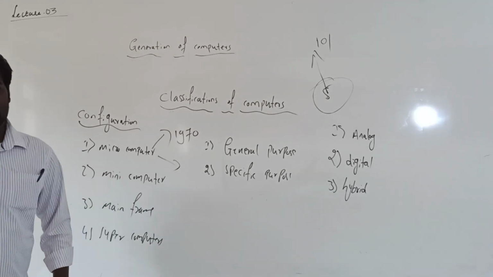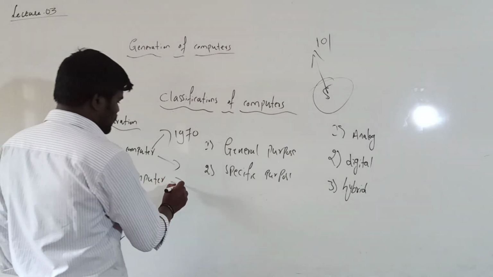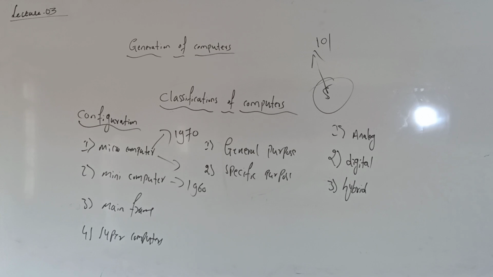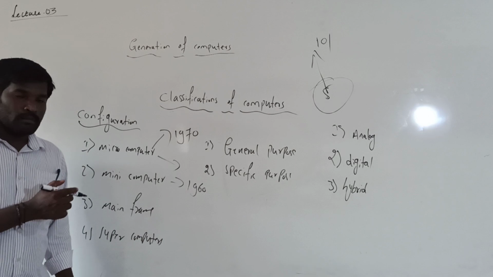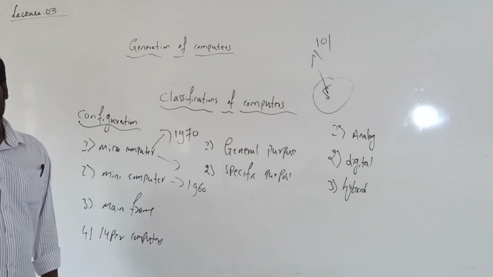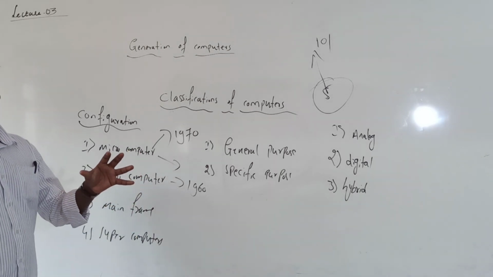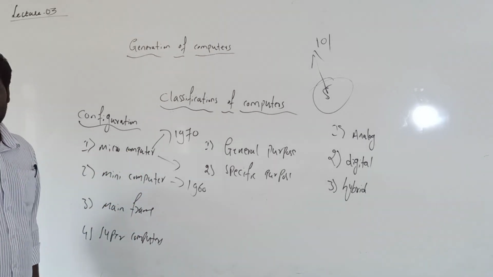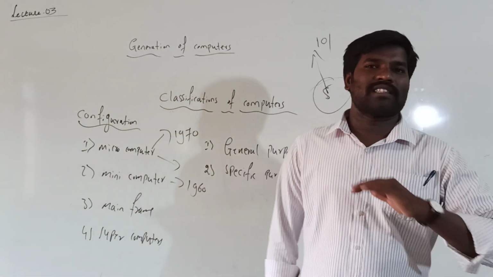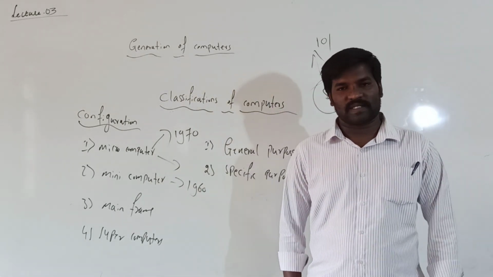The second one is the minicomputer. It was introduced in the year 1960. Minicomputers are more powerful than microcomputers, because minicomputers are mainly used in companies, where there are a number of employees. So all the employees have systems,